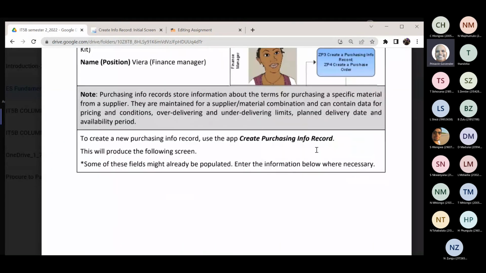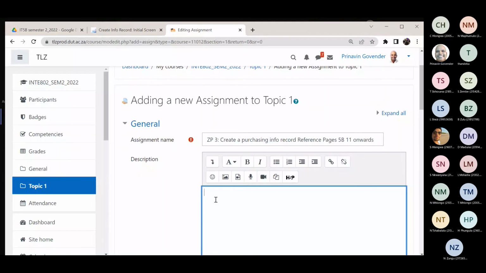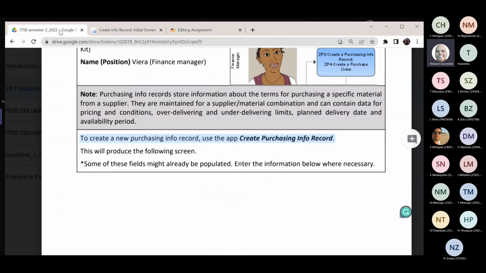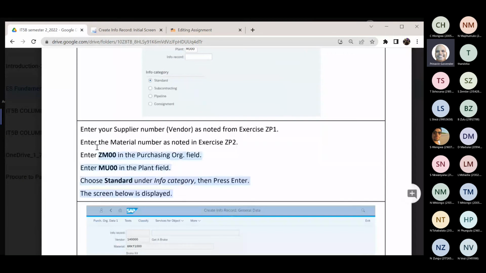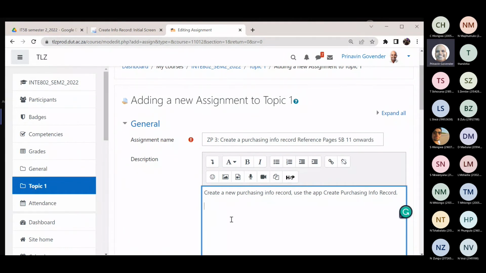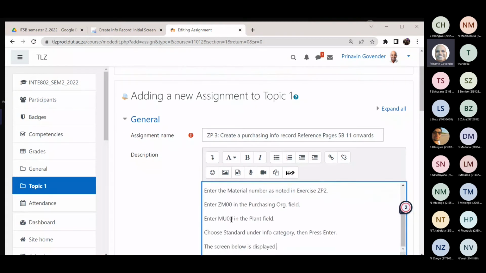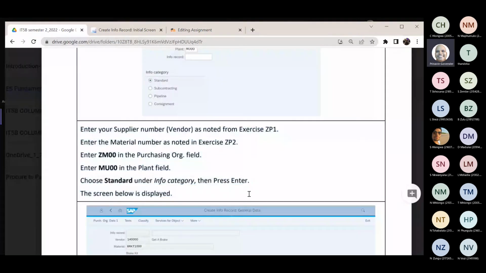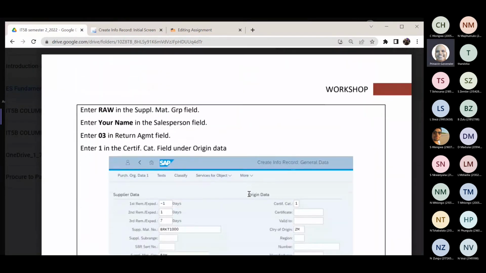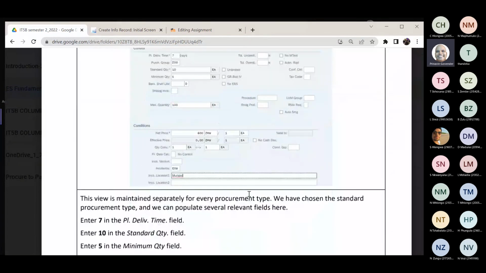Then I'm going to say create a new purchasing information record. Use the app Create Purchasing Information Record. Control C. Right. I'm just repeating what's out there. And ultimately, you need to produce